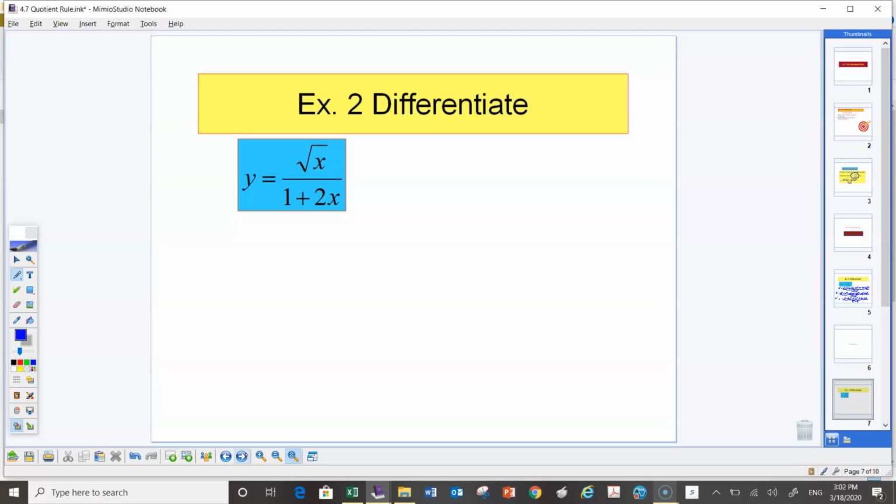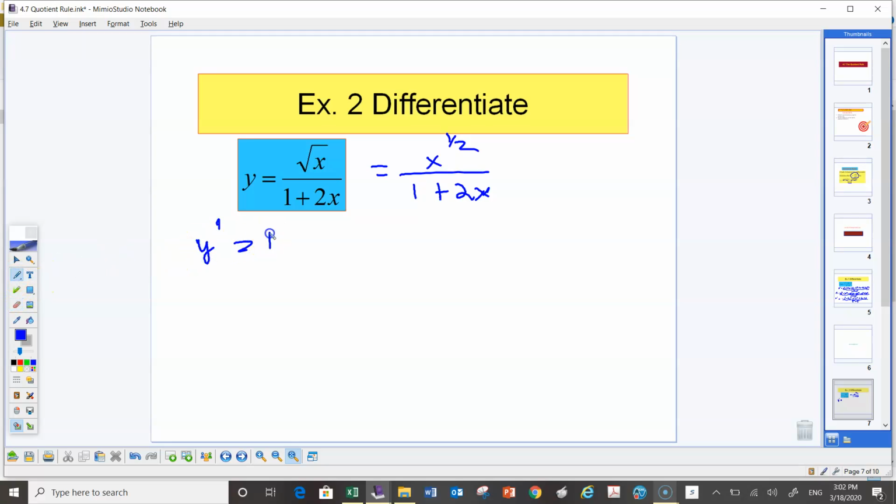Now, if we take a look at our second example, again, it's not the calculus in this question, it's the simplifying. So again, before I can take the derivative, I need to rewrite it as x with a fractional exponent. So now I apply the quotient rule. And again, the quotient rule says I'm taking y prime,